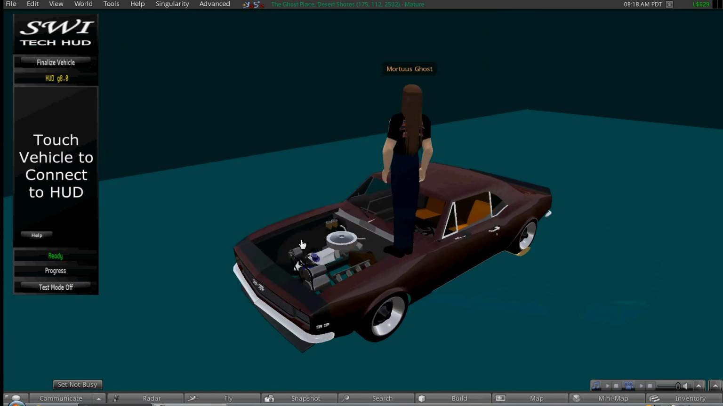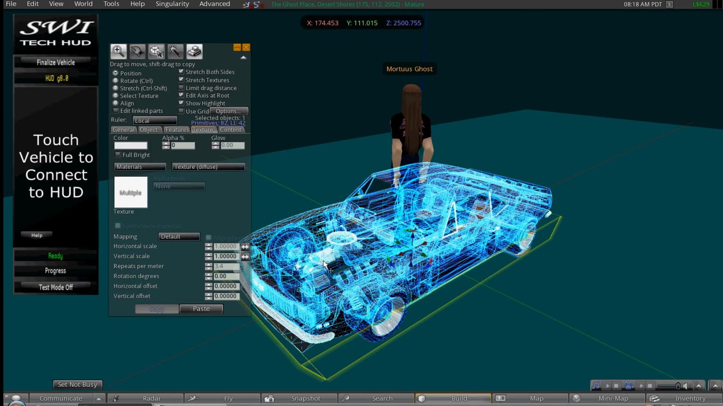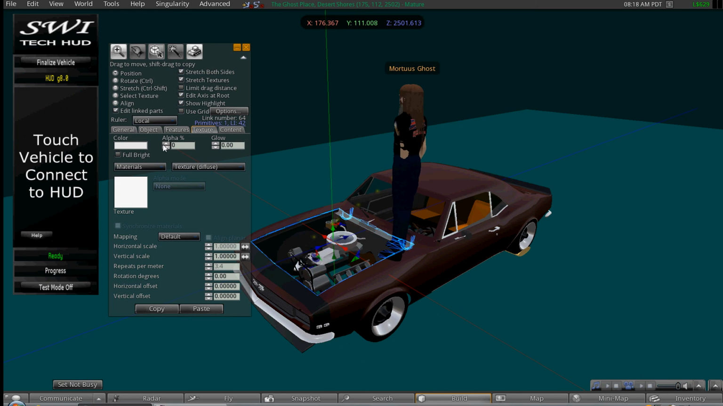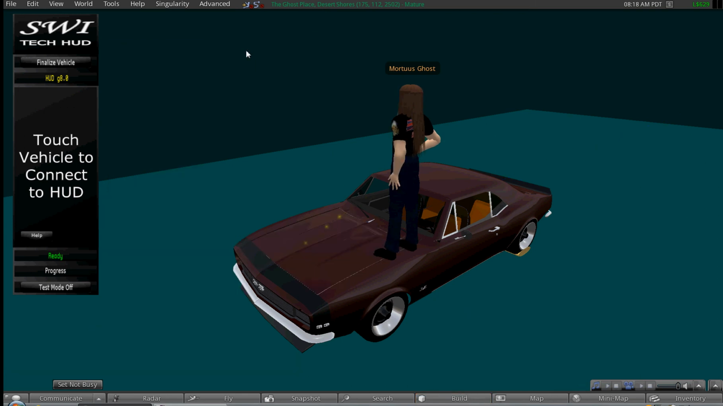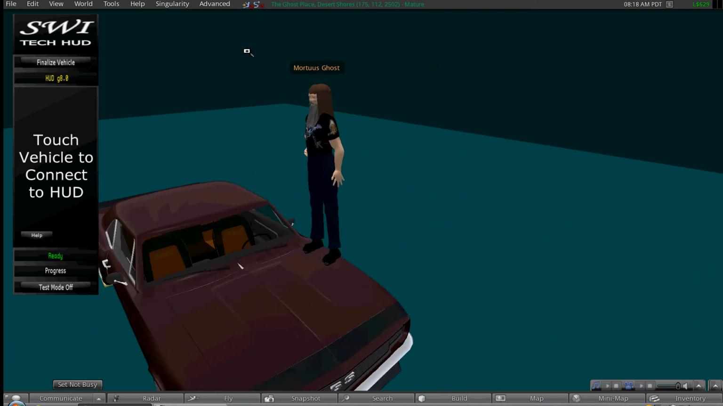Yes, lag has taken the hood away. Okay, now it's back. Isn't it just wonderful, that lag? Anyway,